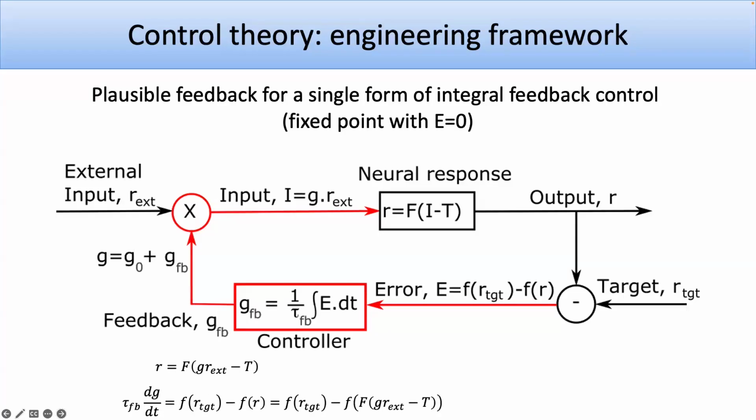Because you have an integral controller, the rate of change of this gain signal is simply proportional to the error. And then you could ask, what is the fixed point of the system? The fixed point is where the rate of change is 0, which just means the error has to be 0. When you have one controller, the only constraint is the sign, right? You better send in the error. You better put the heating on when it's cold and the cooling on when it's hot, rather than vice versa. That's the only constraint. So these can be very stable and fairly simple to engineer.